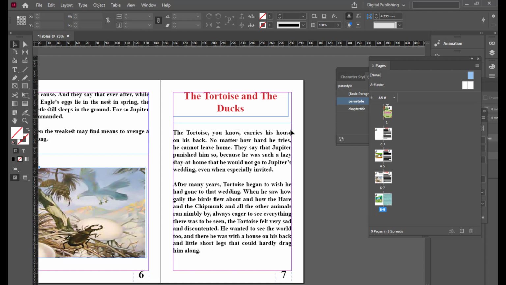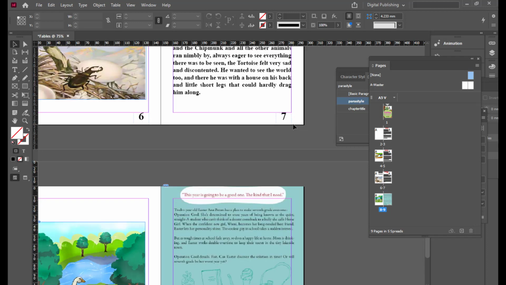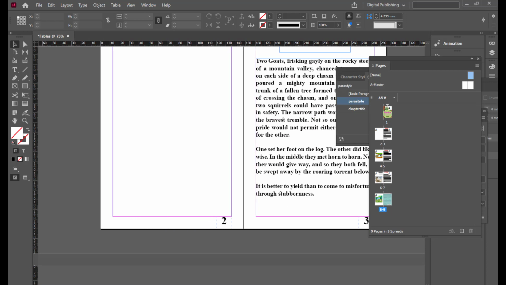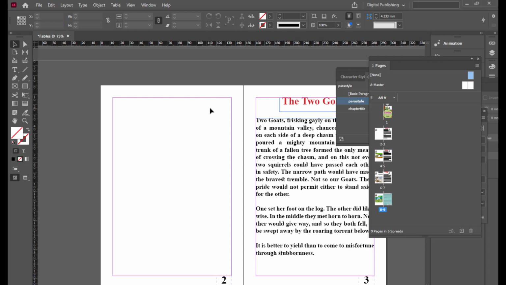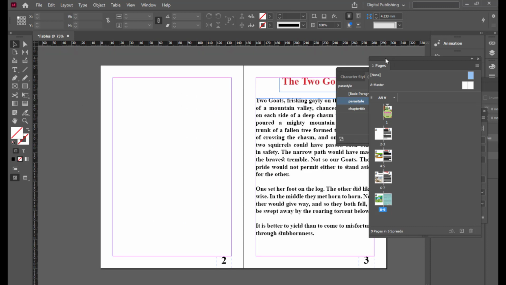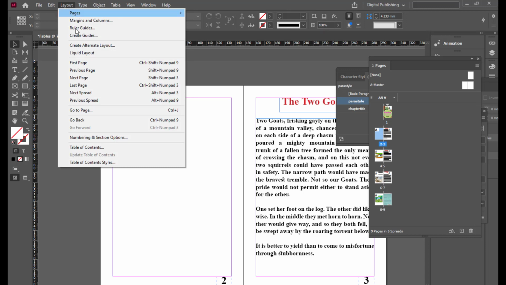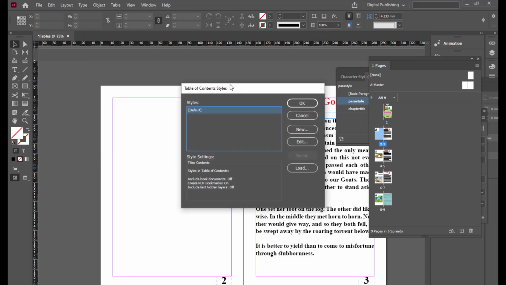We only have one more thing left, that is we have to complete our table of contents or the index page. So now we will be doing our index page. To create our index page, the first thing is we have to come back to this page number 2. Simply click on this page number 2, and then we'll go to layout, and we will select this table of contents styles,